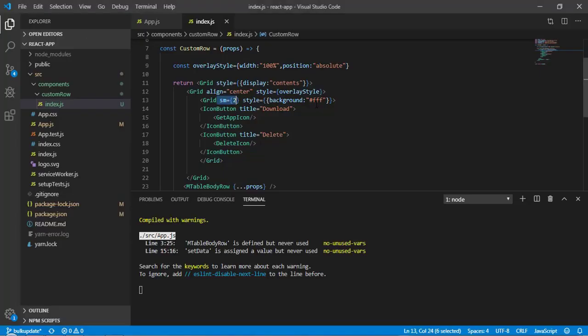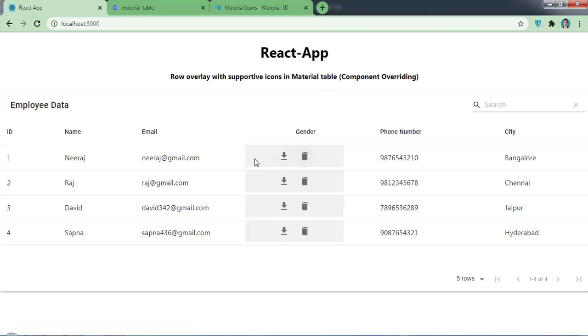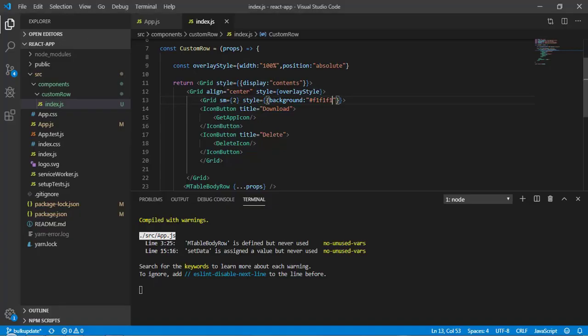So it's better to define a different color here to understand this one. Here I will call it F1 F1 F1. Now save it and come back here. You can see this is the color we are getting right now. Now our task is to move this one to the right. So let's do that. Here I will call it right.